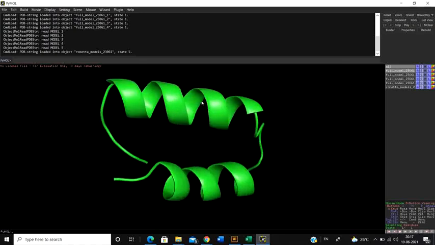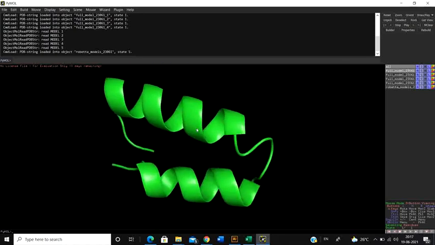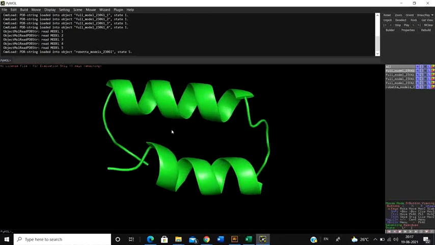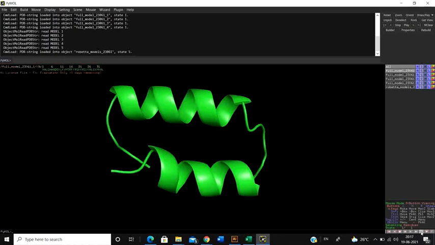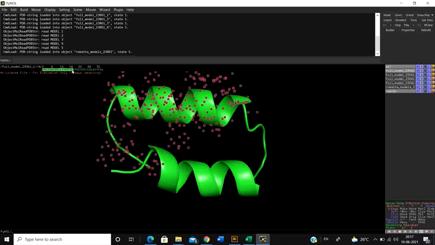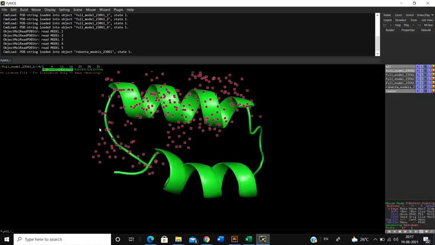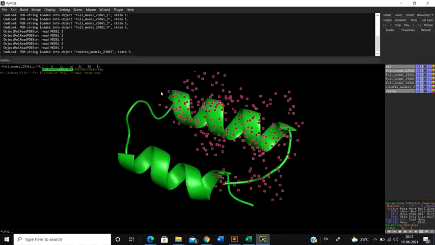Now see, once I have uploaded a structure, I need to see the sequence of this particular protein. So how to do that? At the right bottom corner, there's an option called S. If you click on S, it's going to show up the sequence of your molecule. See, the sequence of the molecule has opened up. And the sequence that I select here is going to get highlighted in this particular panel.